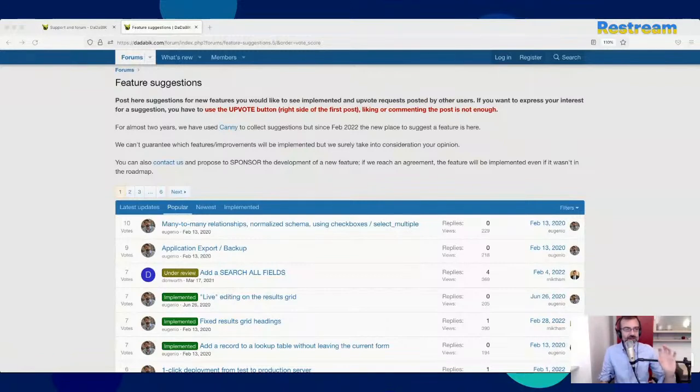Typically, users expect to have a field, authors, and from that field they can add all the authors of a book. You can do that in DaDaBIK, but without this normalized schema, by using a select multiple field type.